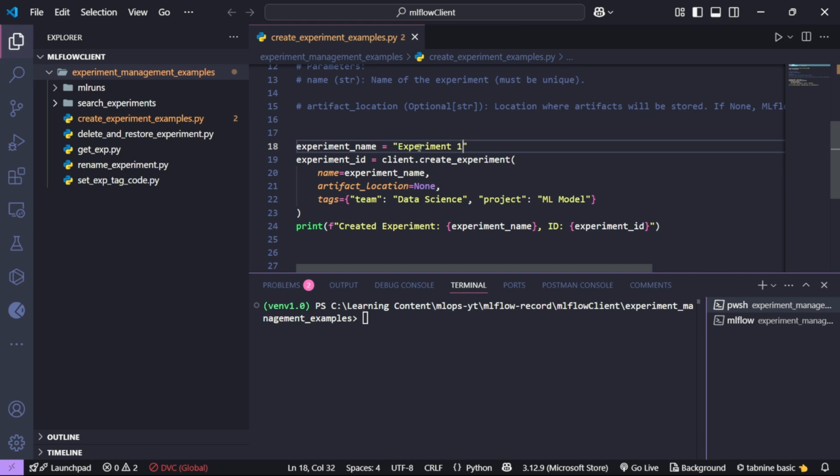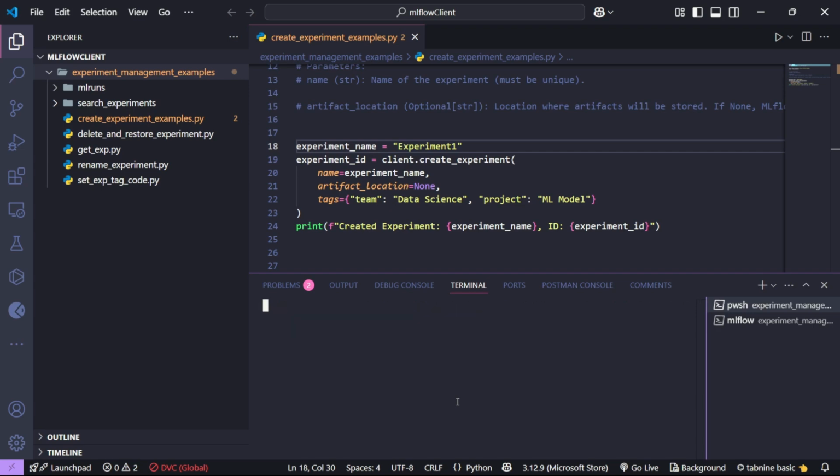Experiment 1, I kept it like this, and now let me run the code. Python. Let me just do CLS again here. I'll let this thing come now, because yeah, it's coming now. Now I'll run this code now. Python